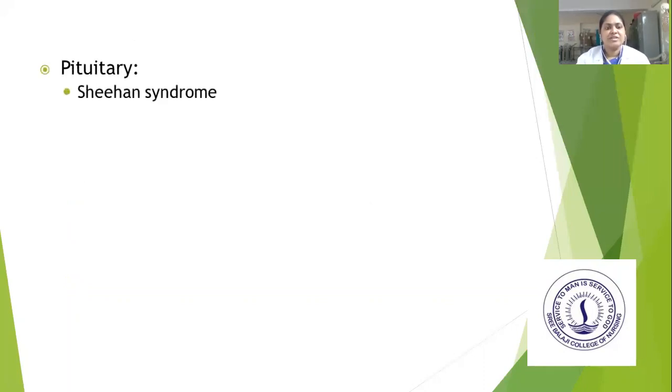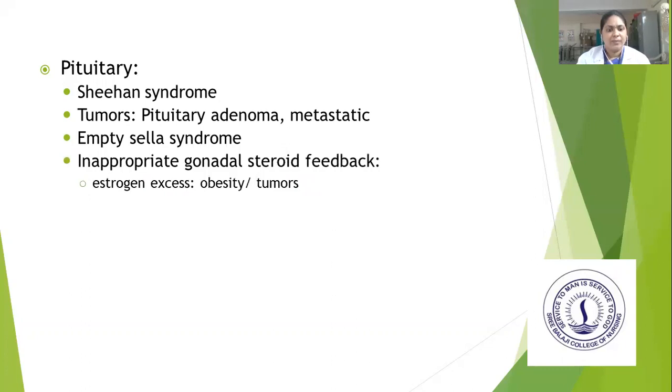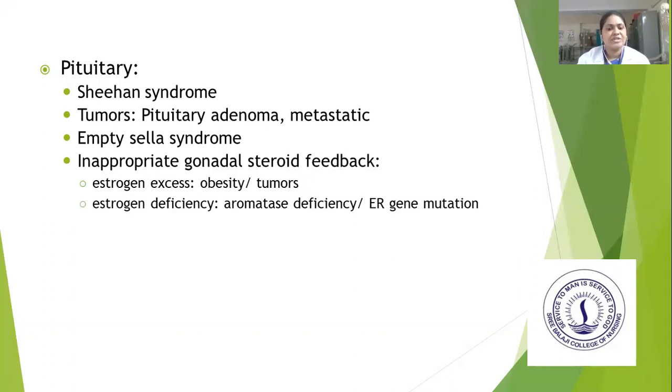In the pituitary, you can see Sheehan syndrome, and tumors such as pituitary adenoma, metastatic tumors, and empty sella syndrome, inappropriate gonadal steroid feedback, that is estrogen excess due to obesity and tumors, and estrogen deficiency because of aromatase deficiency and gene mutations, androgen excess due to adrenal or ovarian causes, and PCOS,